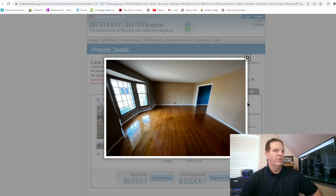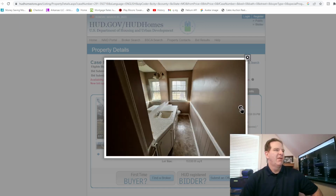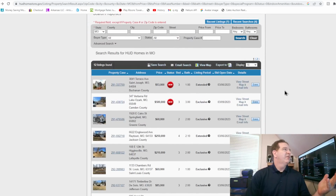Look, this floor is beautiful. So the kitchen, some type of work's needed, kind of weird cabinet colors. So you could search this one and maybe buy this property. The address is right here, so we could look up the address, see what it's worth. But I wanted to take a few minutes this morning and just show you this property, this site,